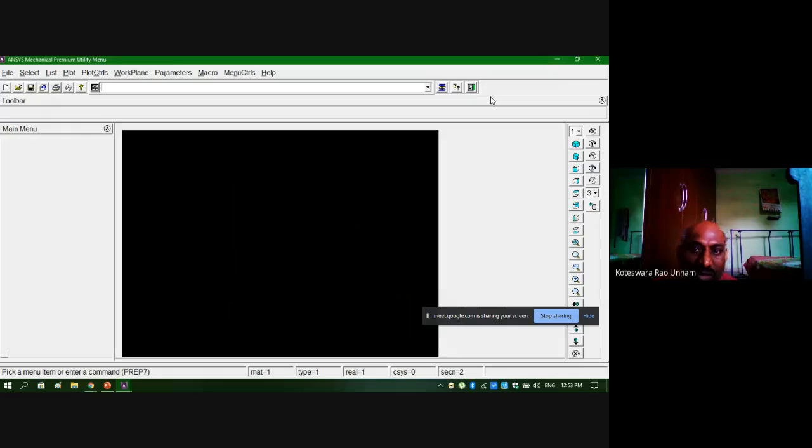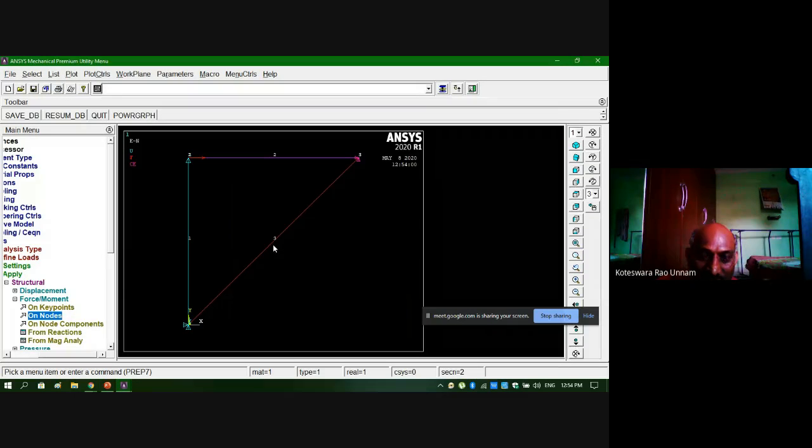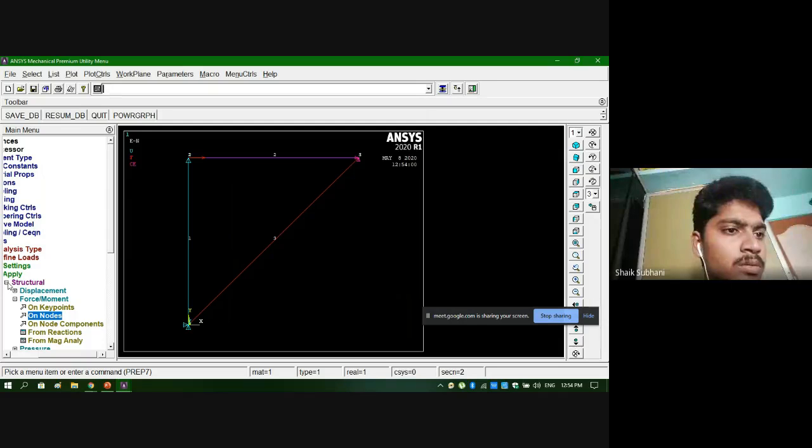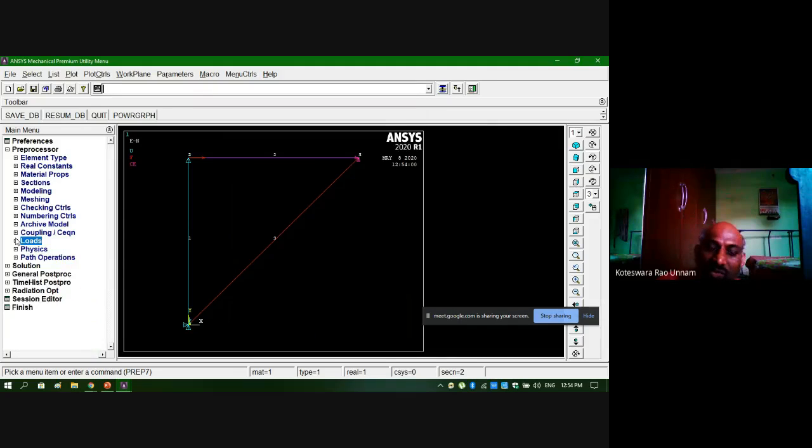That means we created the nodes, we created the elements, we defined the attributes for all the elements, we applied the constraints, we applied the loads also. See, now it is putting some labels based on the constraints. This pink color is something like CE, F is for force, the red arrow is for force, and U in blue color is for displacement constraints. So you can counter-check like that also.